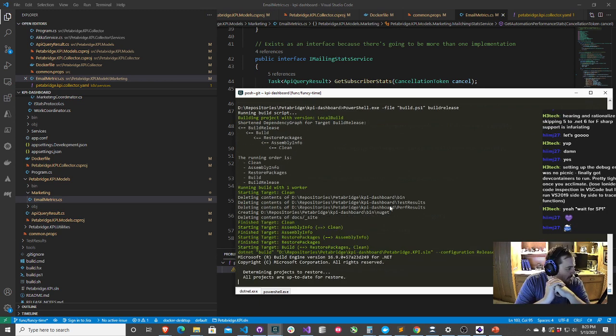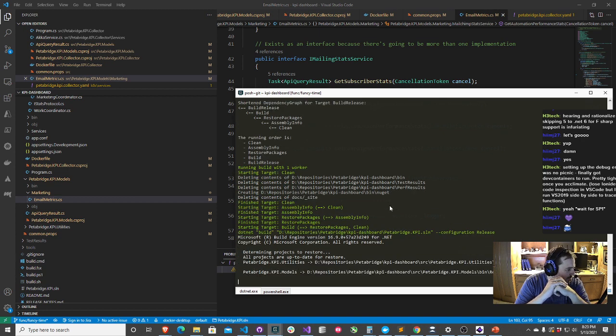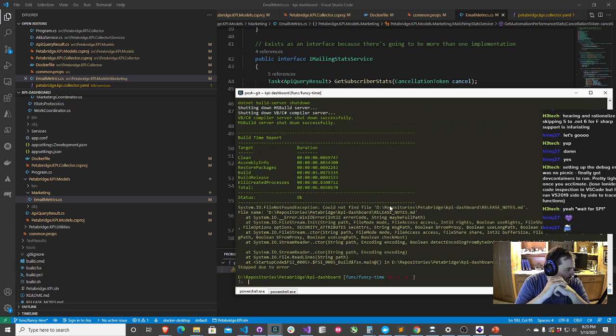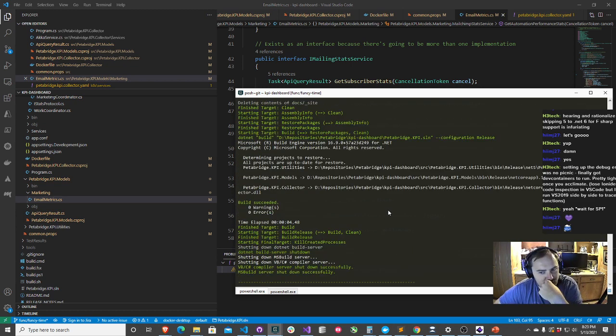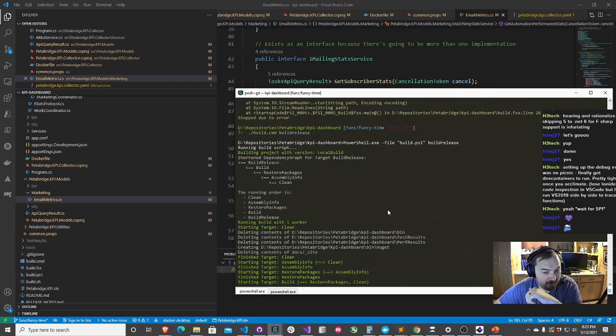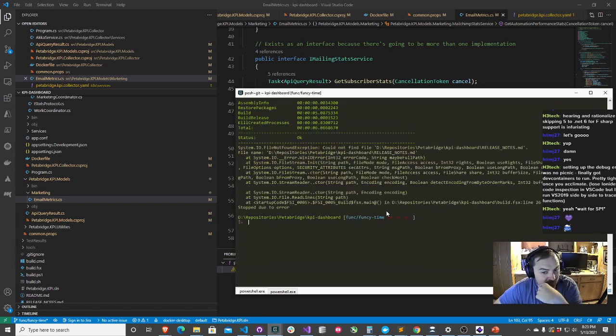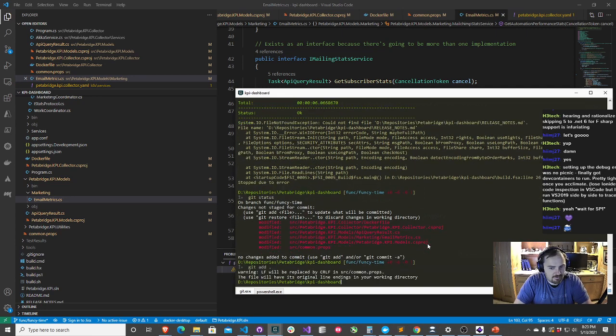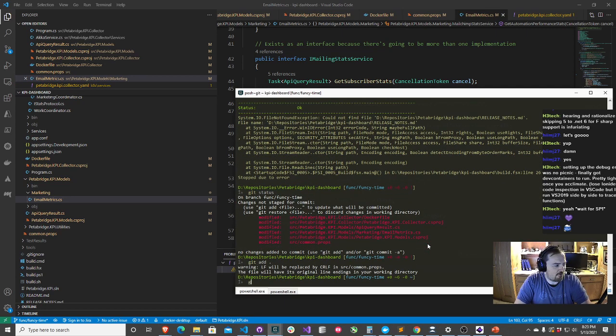Setting up the debug environment was no picnic. Finally got dev containers to run. Pretty tight once you acclimate. Lose ionide code inspection of VS Code, but I run VS 2019 side by side to trace functions. I haven't really given dev containers a try yet because here's my embarrassing secret. I spend a huge amount of time still writing libraries and barely ever touch applications. Part of the reason why I'm probably being surprised by so much of these, what feel like very idiosyncratic things